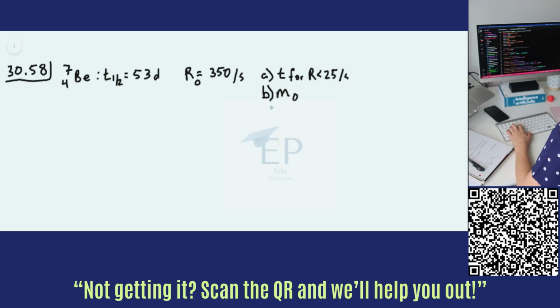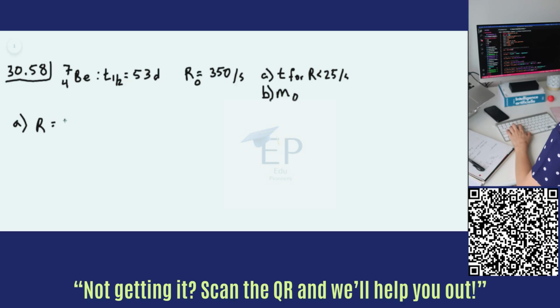And so how long do we have to wait? We'll call that our initial decay rate. How long do we have to wait for that to drop to less than 25 per second? And we want to figure out what the initial mass of beryllium-7 was to begin with on our leaf. So